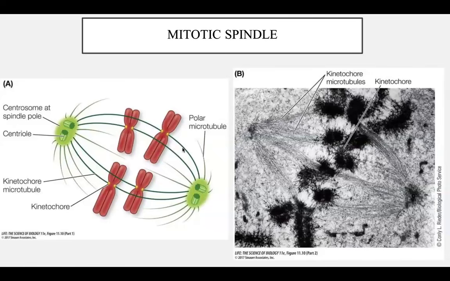So you have your polar microtubules. They extend from the two spindle poles, overlap in the center, and they help make sure the poles are on opposite sides of the cell. Then you have your kinetochore microtubules. Your kinetochore microtubules are important because they attach to kinetochores on the chromatids and the spindle poles. During anaphase, that's what actually results in the breaking apart of the sister chromatids, so that you have one portion on one side and the other portion on the other side.